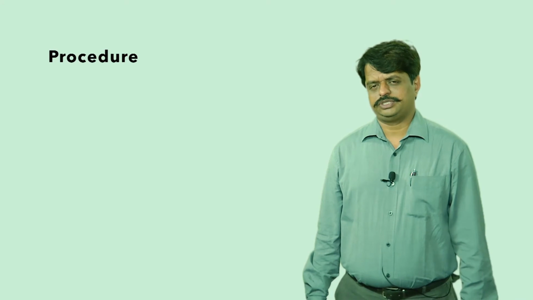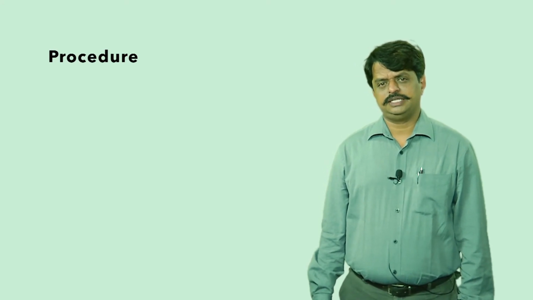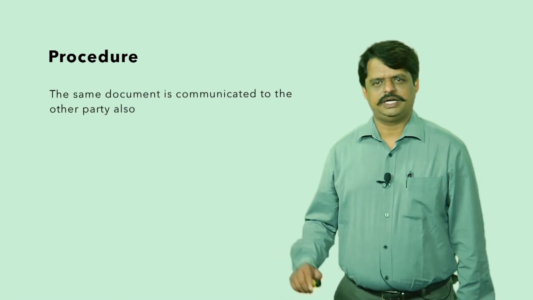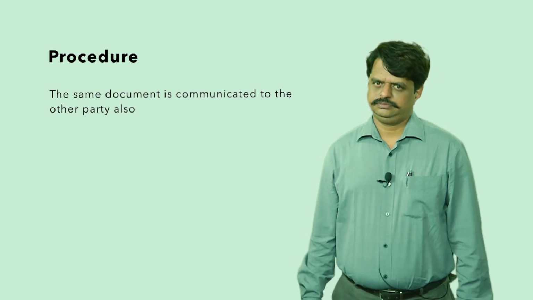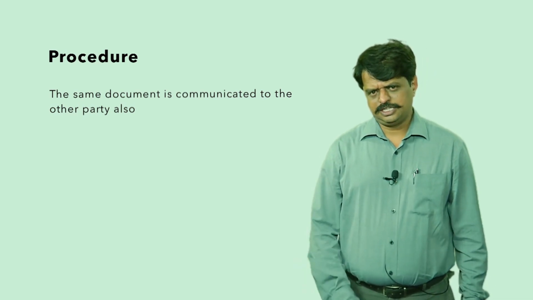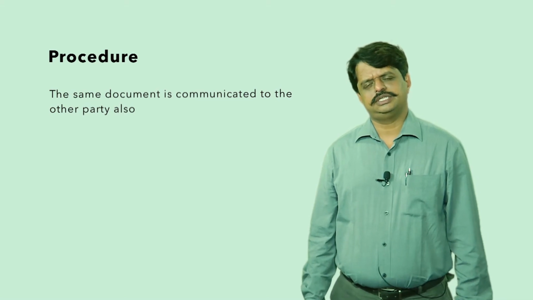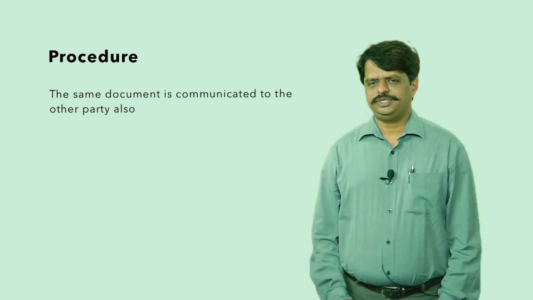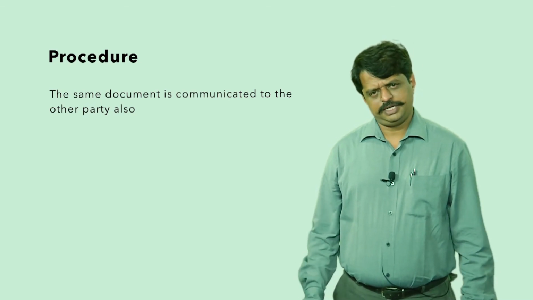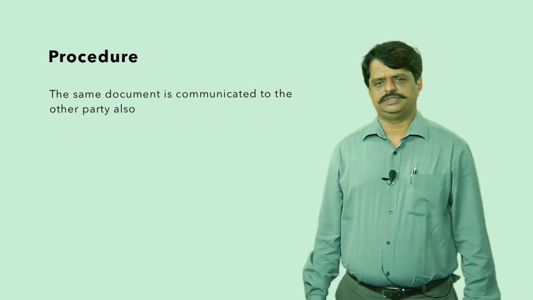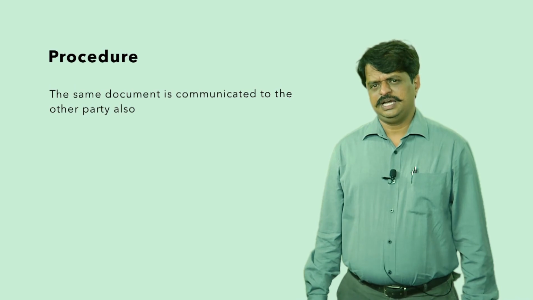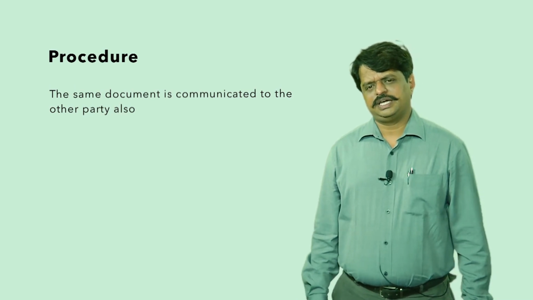Now, here one precaution which must be followed by the parties is that all the communication that is made to the conciliator, the same copy should be sent to the other party also. Similarly, when the other party sends a communication to the conciliation officer, the same is sent to this party. So, there is complete communication between all the parties as well as the conciliation officer. After going through the documents, if the conciliation officer feels that he needs more information, then he can call for